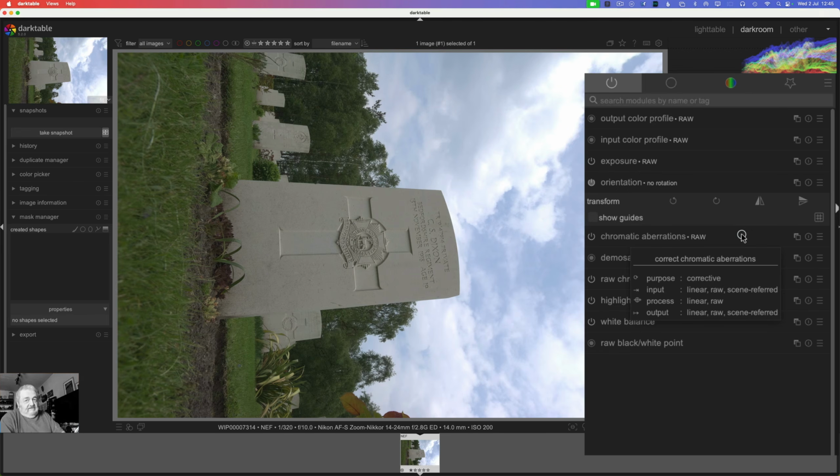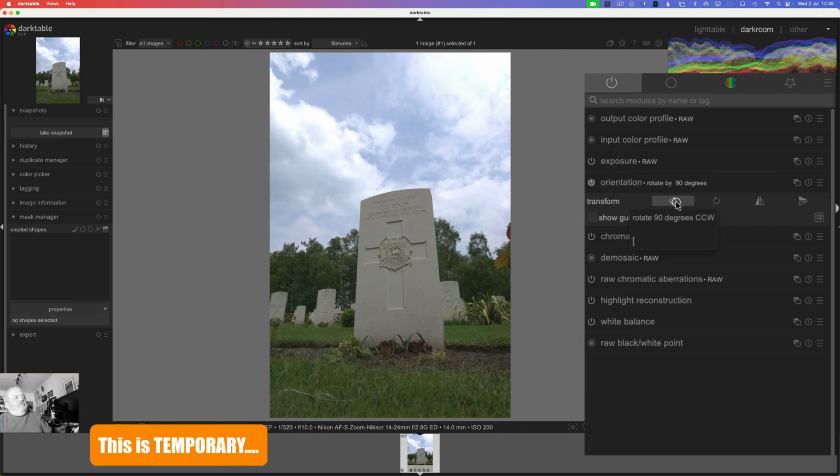I did mention in last week's video that you will have problems if you are not careful with external raster masks on images that are shot in this manner. But of course you can't work on an image when it's tipped over on its side. Well, I can't anyway. So we're actually just going to put a corrective orientation of 90 degrees counterclockwise on this,